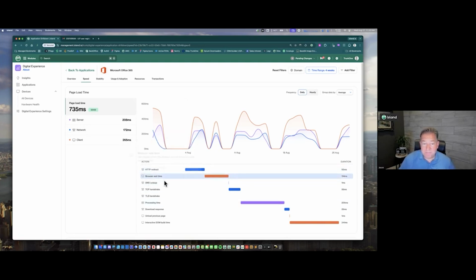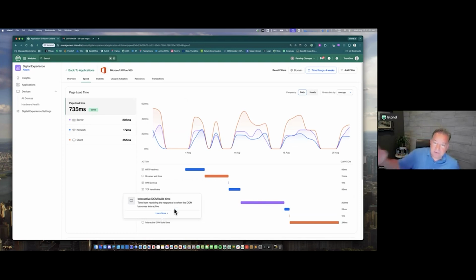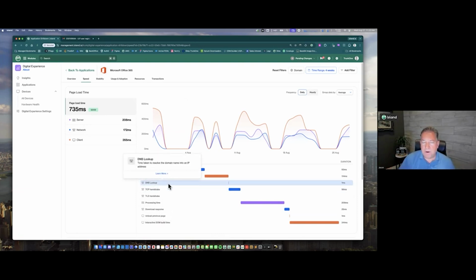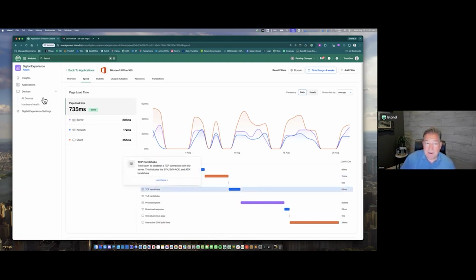So we can see the DNS time and the TCP handshake time and all the things that basically none of the other vendors that are even in their own space that do this can do, just because they're relegated to waiting for a piece of JavaScript to load in the browser, which happens way after a lot of these events occur. So because we are the core browser, we can start to measure the performance across everybody all the time,